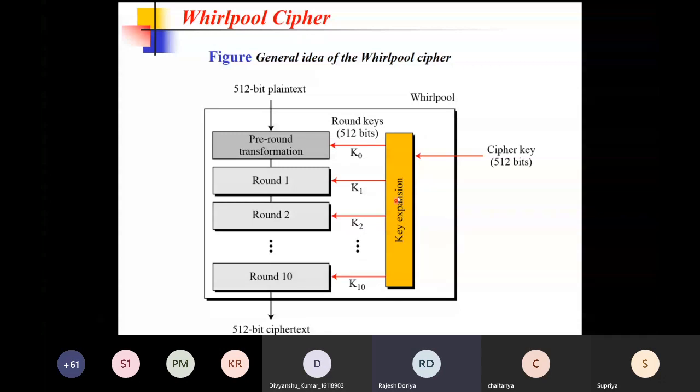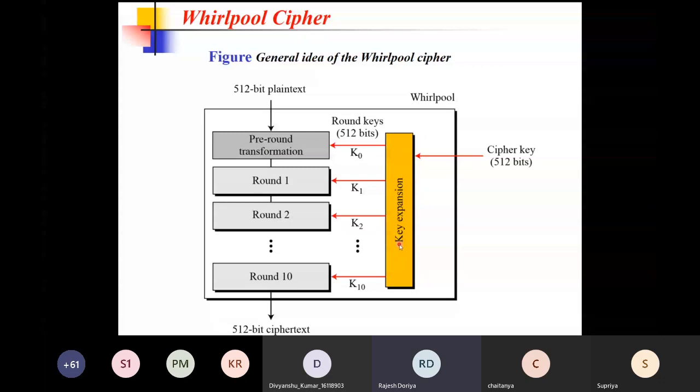And we have seen this mechanism in detail while studying AES. So each round has its own key. At the end of the overall process, we are going to get a 512-bit ciphertext, right?